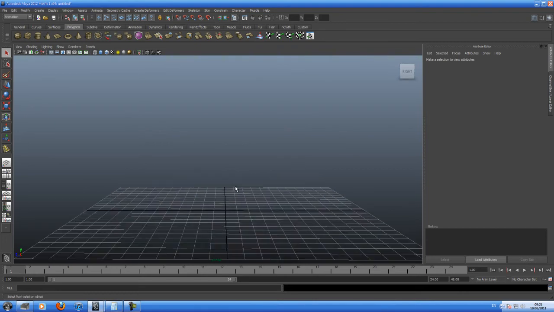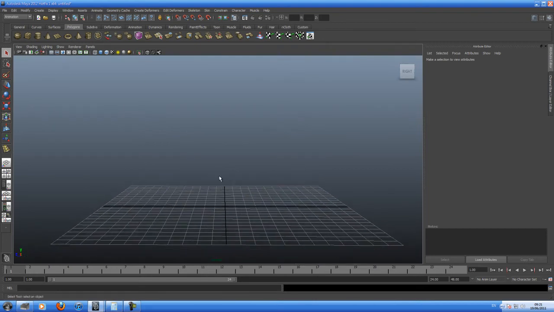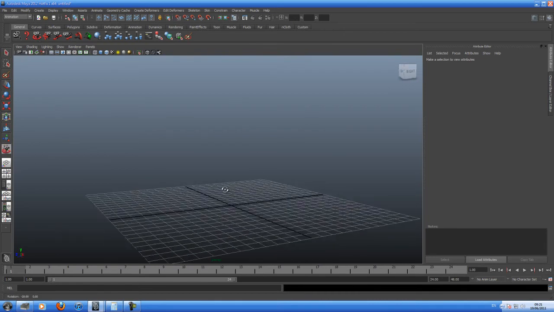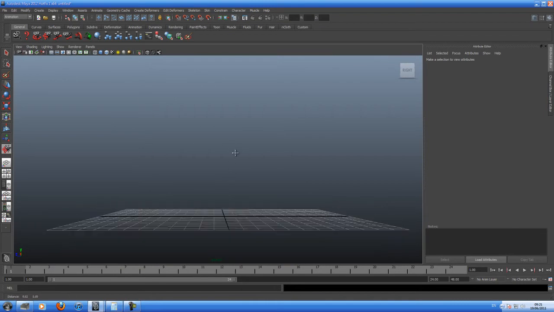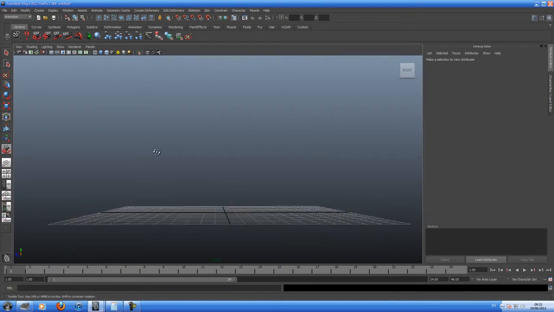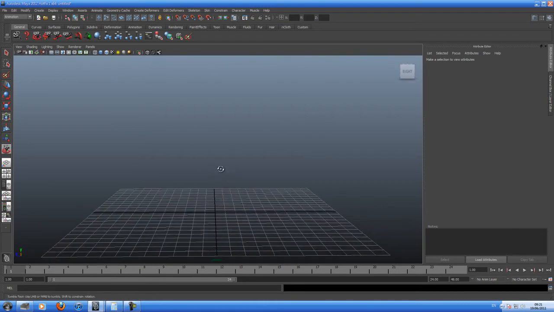If you don't know how to move, you can use the general tab and those four buttons with the camera on them. Each one of them applies other movements to the camera, and the basic way is to learn how to do it with your keyboard, using your mouse together to move around your